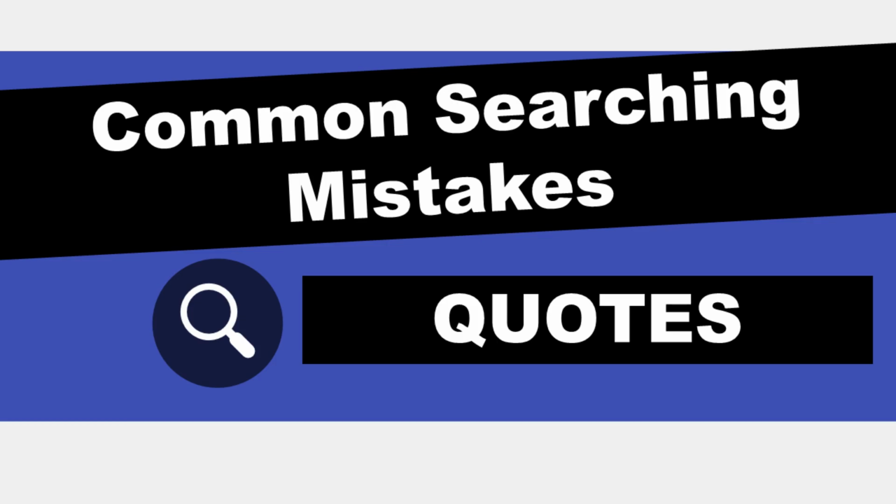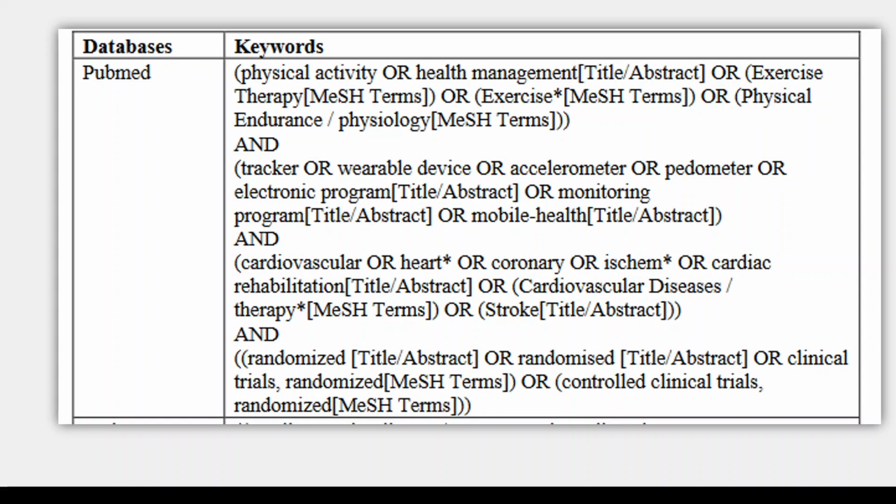I just pulled two. And I wanted to talk about the use of quotes for phrases. So this is from a systematic review. I will link the review in the video description below. You'll see that some terms do not have field tags or quotes, and this affects how the database searches for these terms. So for example, I'm going to point out physical activity and wearable device, and I'll show you how that gets translated in the databases if you decide to search without quotes.